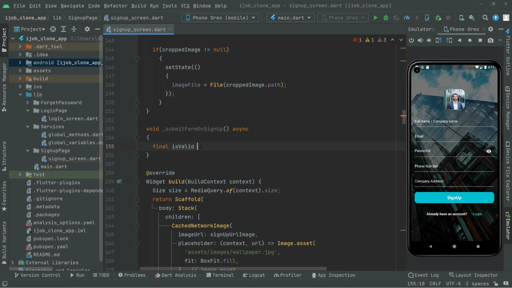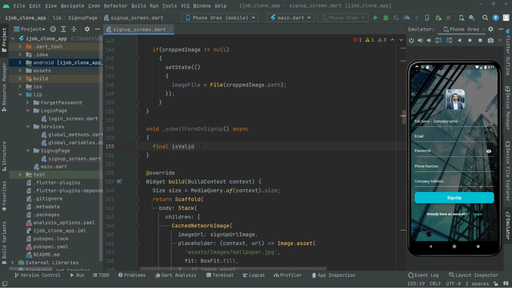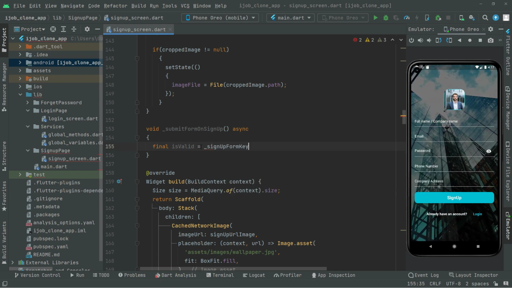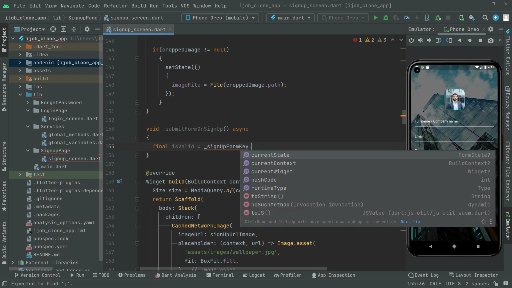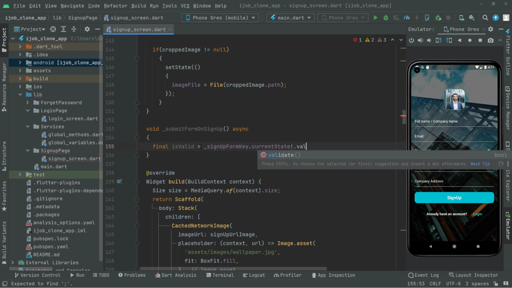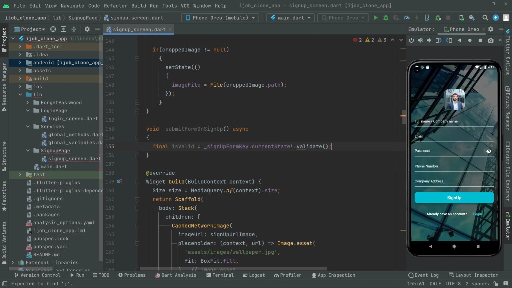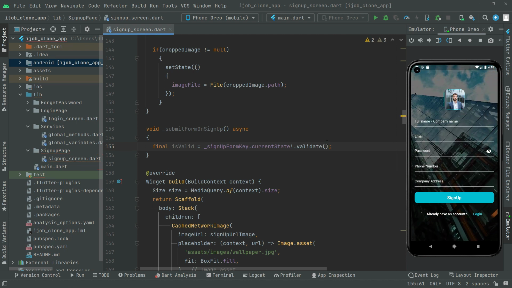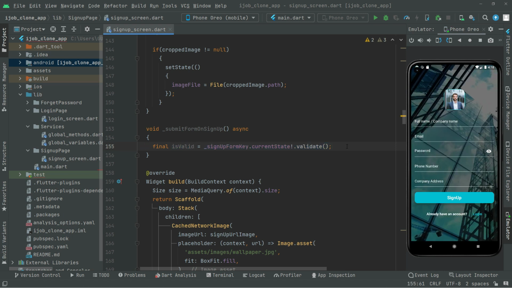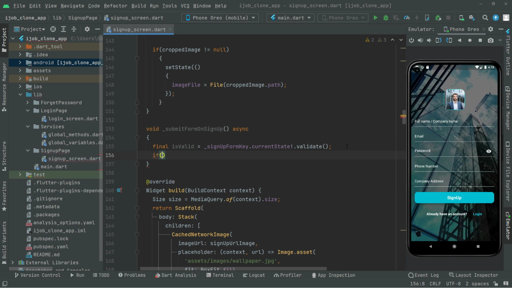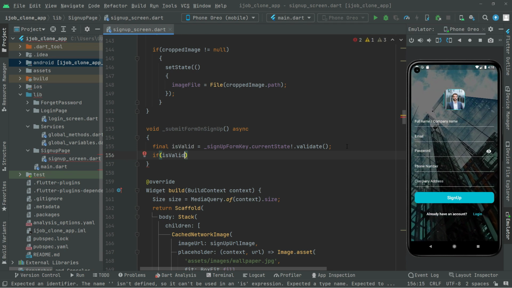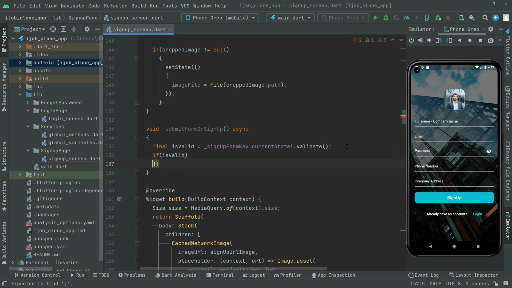So let's move further. Now in here we will say sign up form key, the global key that we created before, dot current state, null check, dot validate. This is going to validate that. Then simply we're going to assign that right in this variable. Right after, now we will say if this is valid, then right in there